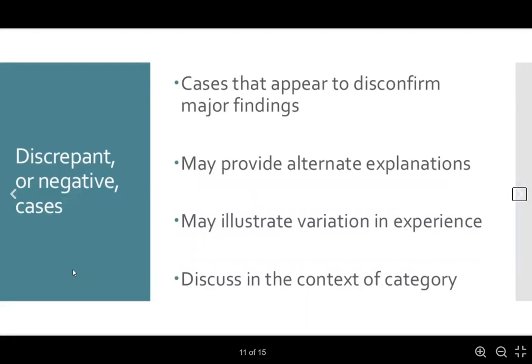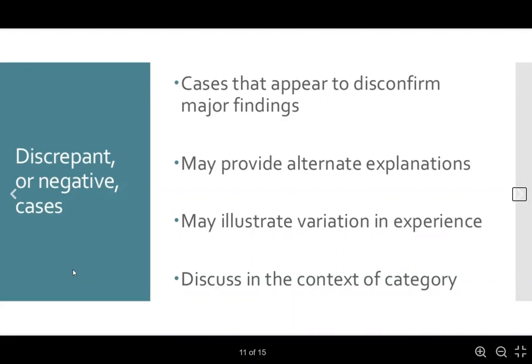Okay, and then I mentioned discrepant and negative cases earlier. Again, those are the people who don't match the patterns that you're seeing in your data. We don't want to omit these because they provide alternate explanations and illustrate that there are variations in the human experience. So we do want to keep these in. But here you'll want to discuss what those cases were. And I recommend that you do it at the